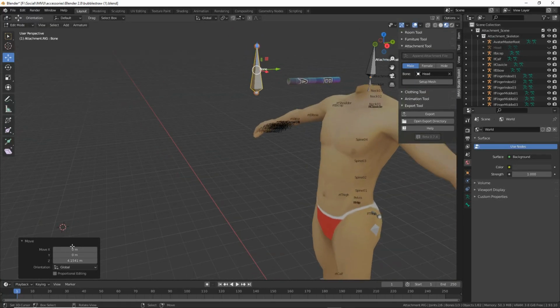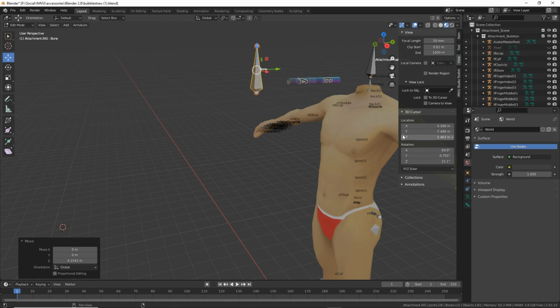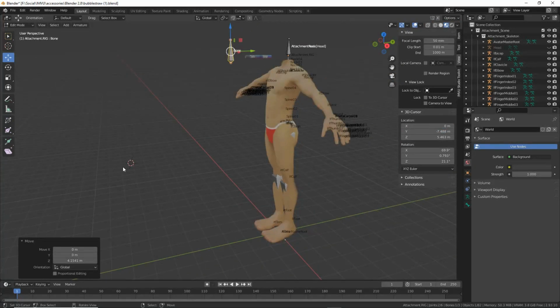So if we want to reposition the 3D cursor, what we can do is go into View, the 3D cursor, we can change its location. So if we change this to 0, see the cursor has jumped its position, 0, and then 0, so it's here now, and then 0 again. That's down at the